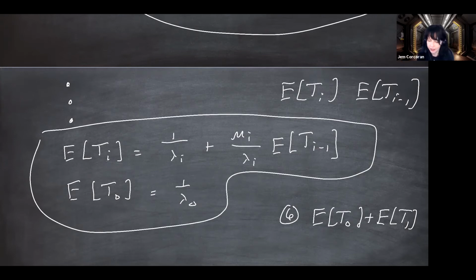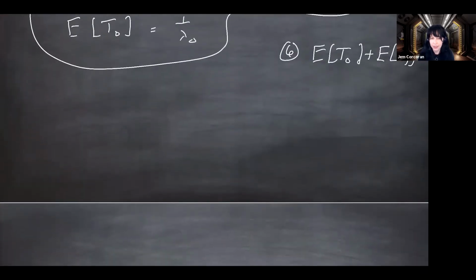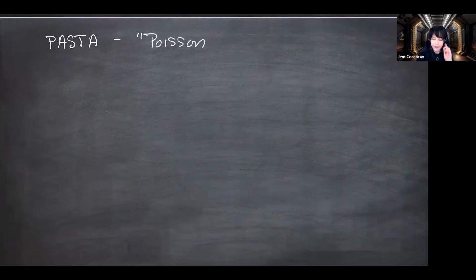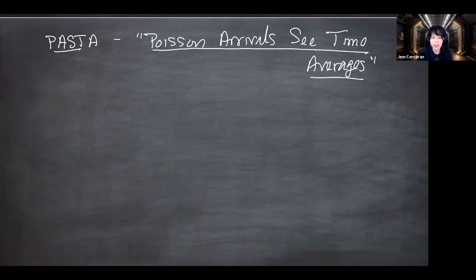So let's talk pasta, finally. The pasta property. This is important for simulation. As you probably already know, or maybe not, I've never formally written it down, but I've said it at least 3 times. This stands for Poisson arrivals see time averages. And if you want to see the original discovery of pasta and maybe a more complete proof than what we're going to do here, which is going to be a little kind of wavy, but at least intuitive, then it is in a